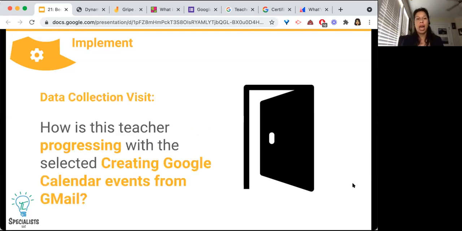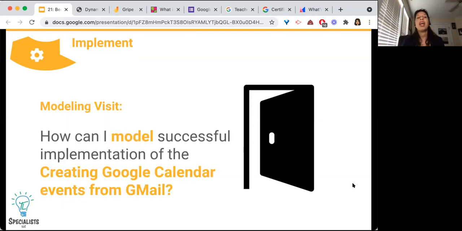When it comes to that data collection aspect, you want to see how the teacher is progressing with the selected strategy. If the strategy was to create Google Calendar events from Gmail, then are they doing that? Are you seeing that the calendar events on their calendar are linked directly from Gmail messages they've received, for example?